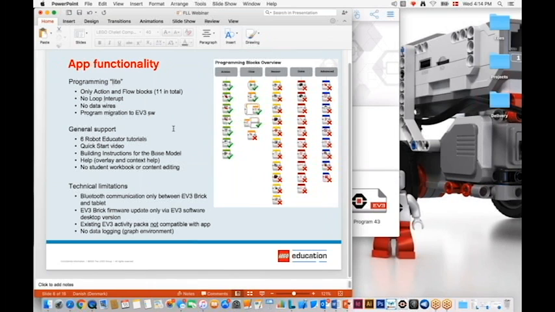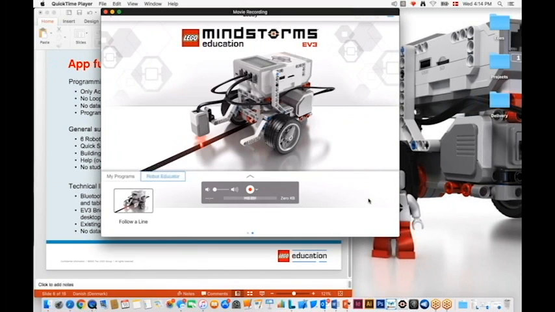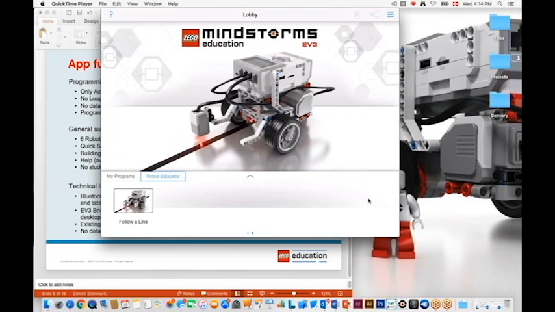So in terms of general support, within the software there are 6 robot educator tutorials. So we've got everything from curve move, moving forward, moving an object, stopping at an object, stopping at an angle, stopping at a line, and also line following. And I'll cover that in the next part of my presentation. There are quick start videos. So within the app, there are videos that will help you to,